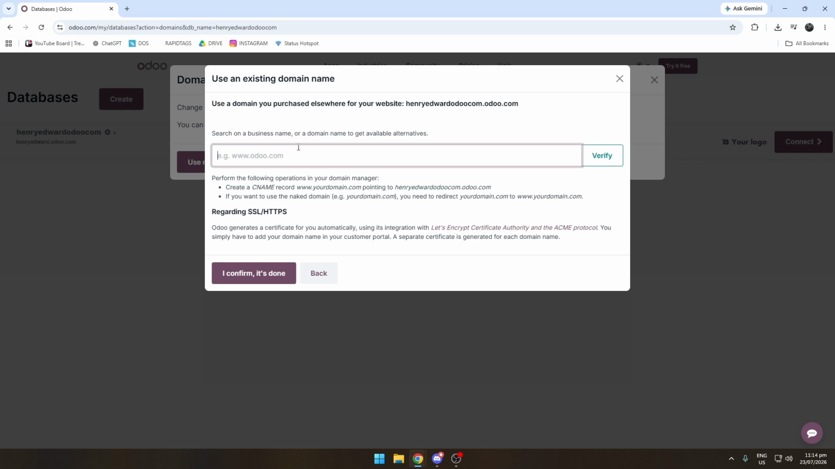So for you to create a CNAME record, this is going to be as a sample. Now, if you would like to use a naked domain, so for example, this one right here without the host, which is going to be the www dot, you need to redirect yourdomain.com to www.yourdomain.com. So you're just going to have to tweak around the settings of your domain that you've created from Odoo